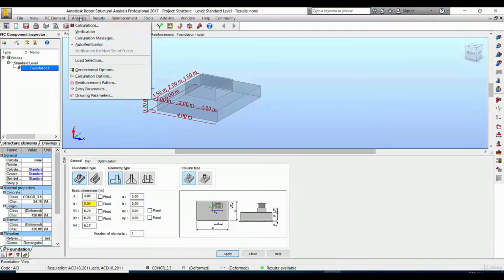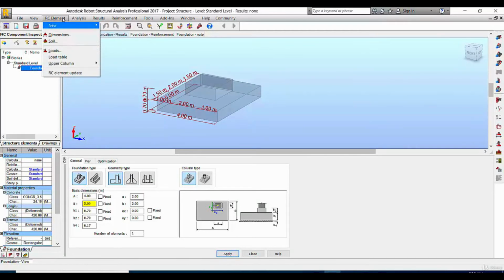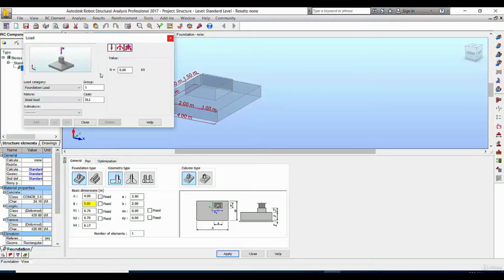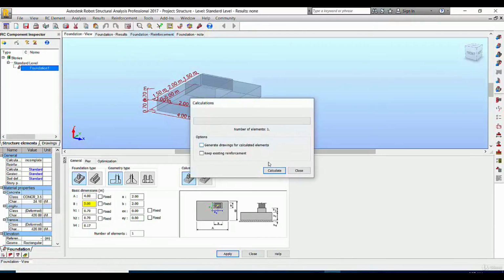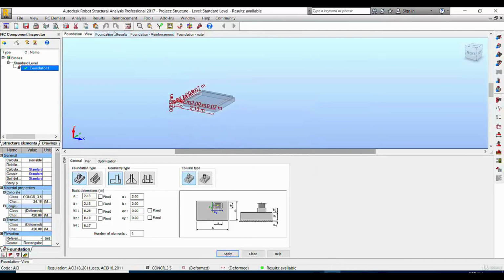So now we go to RC Element Loads for the gravity load, self weight for dead load. Let's put, for example, 250, press Add. For the live load we put, for the snow load we put what we have, okay. We press now Close. Now we can go to Start Calculation, Calculate. We can show the result,